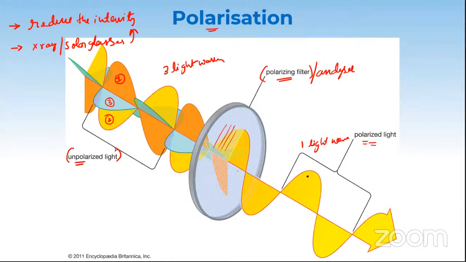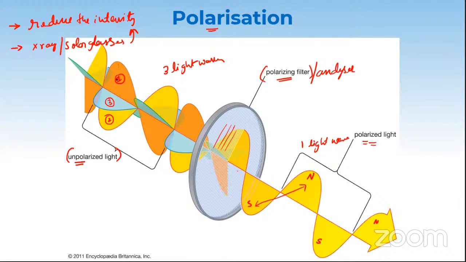And one more thing which is important is, why is it called unpolarized and why is it called polarized? If you notice here, this also has only an upper value, like a north pole and a south pole, a north pole and a south pole. So this is like a polarized value, right? It has only two values in a particular plane.